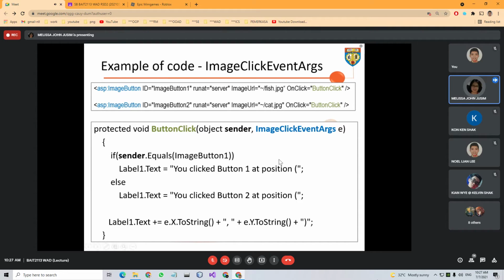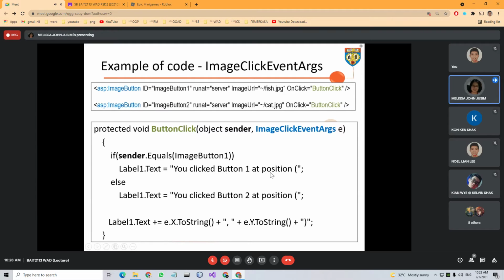If it is equal to the first image button, then we are assuming that we also have another server control, which is the label. Label1.Text: You click button one at position, and then append it with the event object e, and we retrieve the property of x coordinate and convert it to string, because we want to append this string.